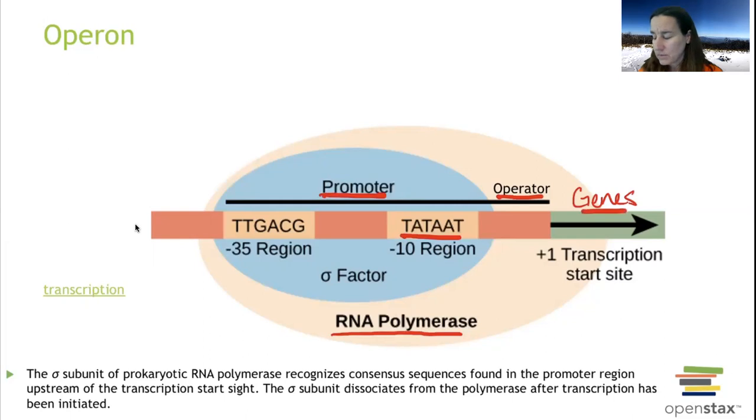We won't talk about the factors or anything, but there's numbers. You see in this picture, there's numbers. So here's our transcription site, right here where we switch from the operator to the genes. Anything past the transcription site, when we're in the genetic material, is going to have a plus sign. So all the nucleotides after this location have a plus sign. The nucleotides behind that location have a negative sign. So we can see the TATA box is -10, and this repeating TTGACG region is -35. So we've gone back 35 spaces from our transcription.